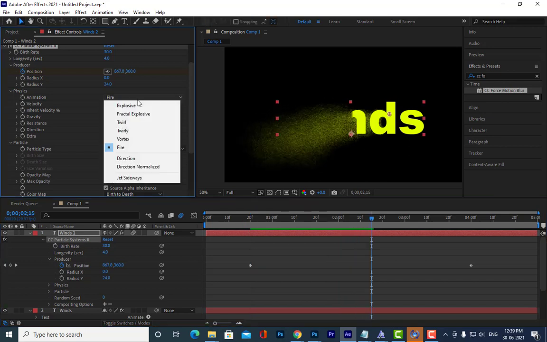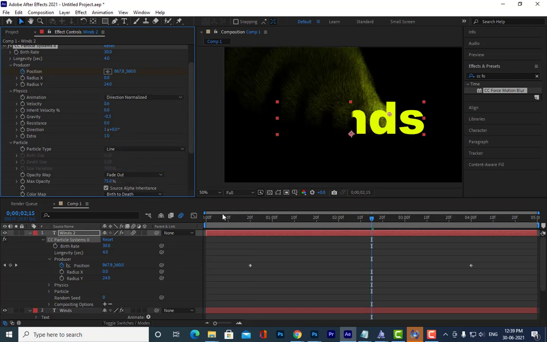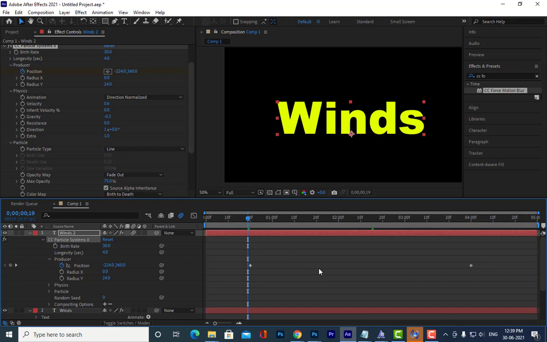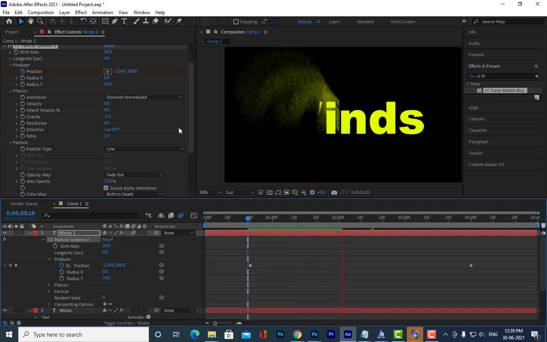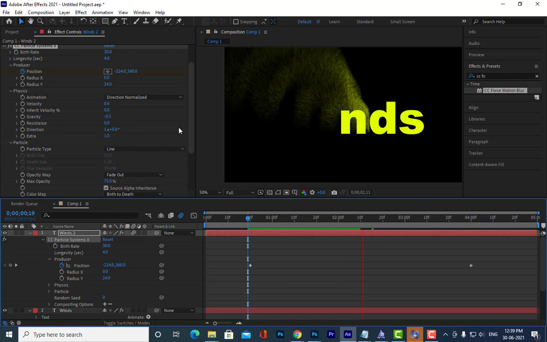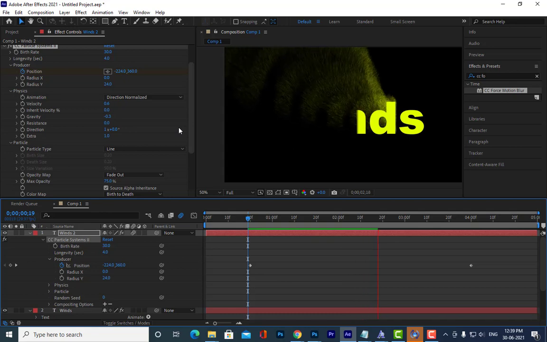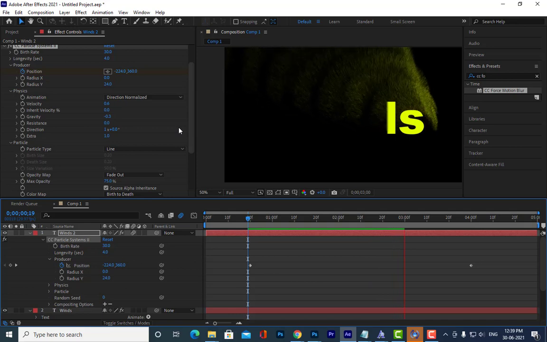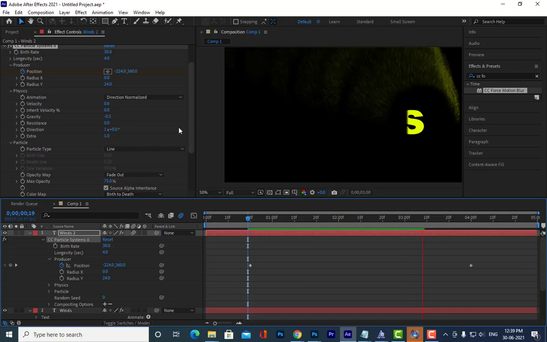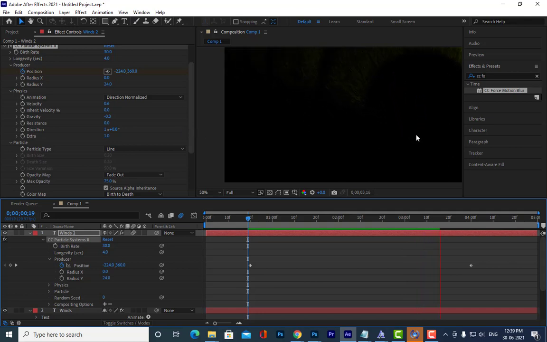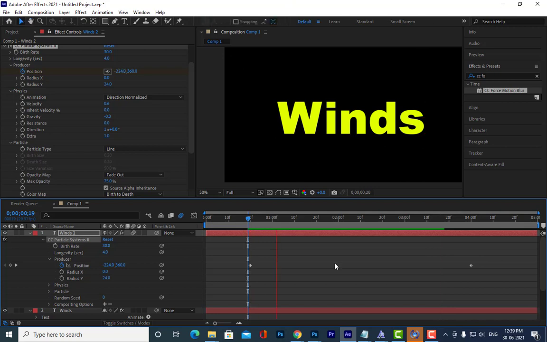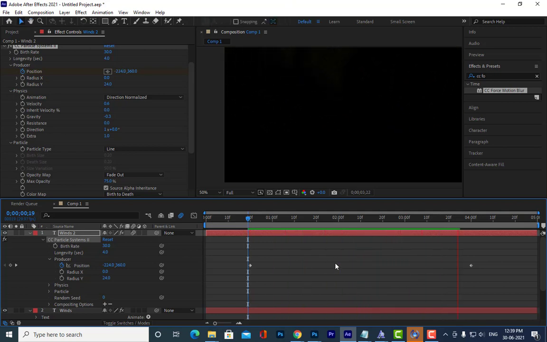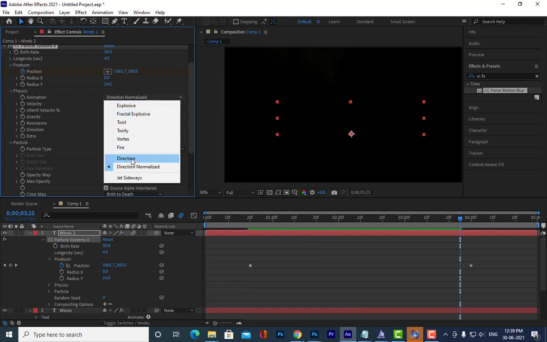And let's keep it direction only. Okay, we'll keep it direction. See that change, direction normalized. So actually here this should go properly. So we'll keep direction only, okay.